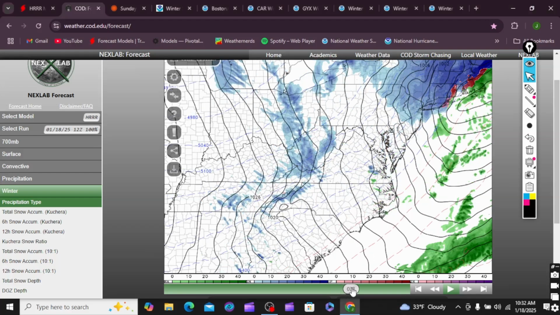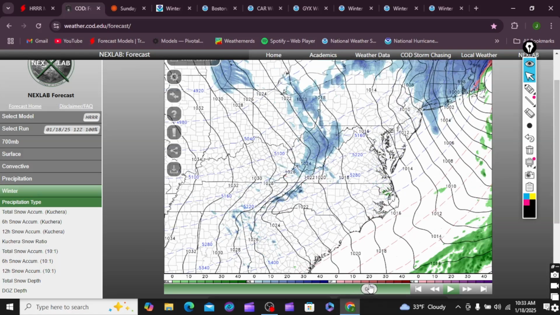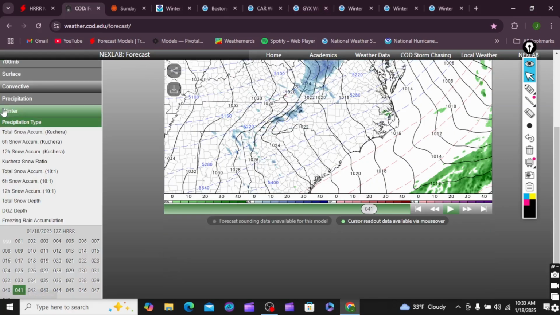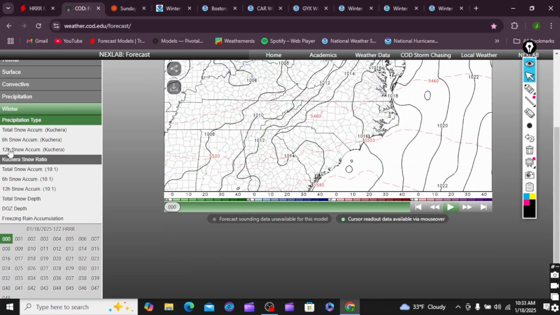This is now 8 o'clock, still snowing, lighter snows back into the northeast of Pennsylvania, New Jersey, New York. Light to moderate snow bands still going. The winds are kicking up, so definitely you're getting that blowing snow. This is about 9 o'clock, light snow, and then 10, 11, pretty much it's completely out of New Jersey, New York City, Pennsylvania by 11 o'clock at night. Still snowing pretty good across the New England area. And yeah, we'll wrap it up with the precipitation.